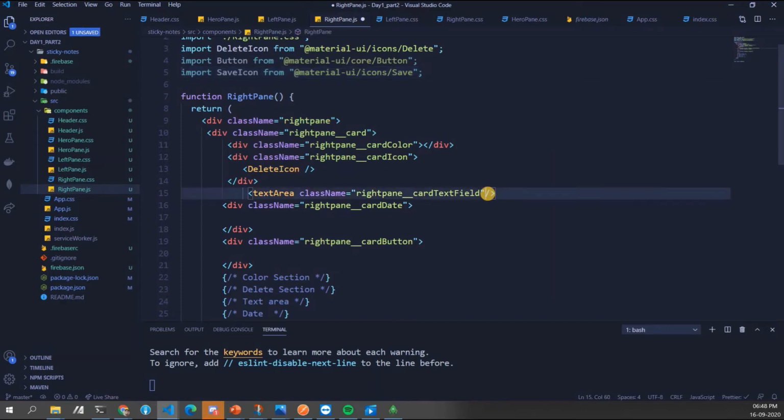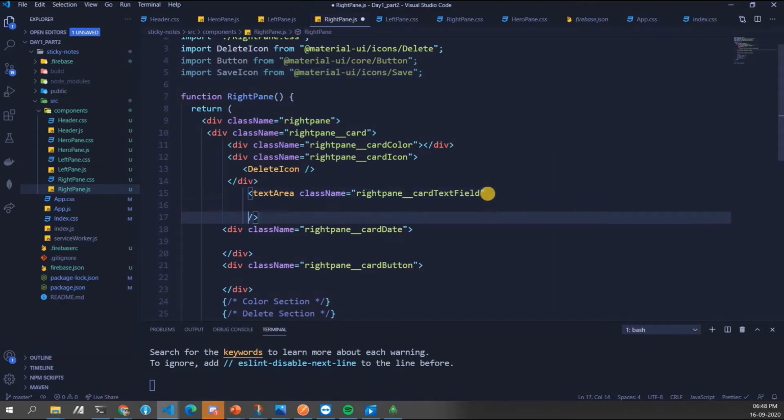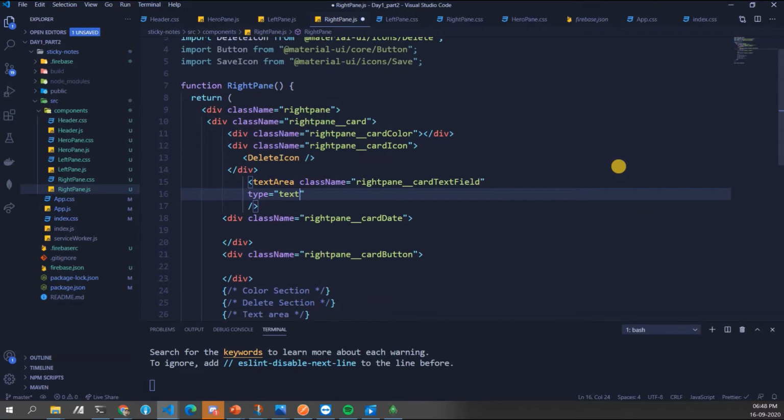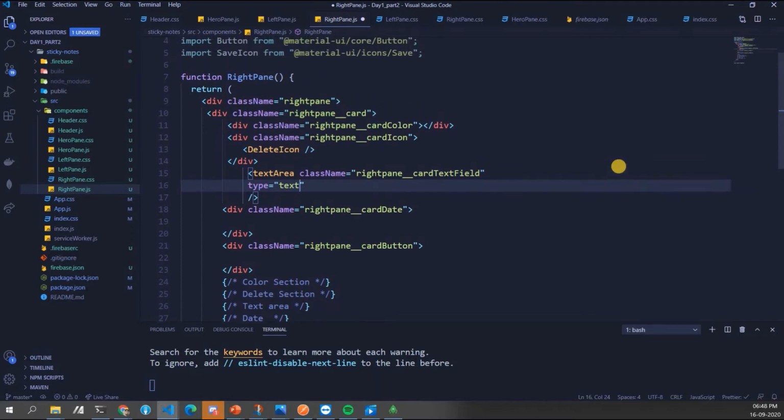Just one thing here, the type should be defined. What should be the type? Number, text, or what's supposed to define text? We had a color section, delete section, text area, date, and save button.